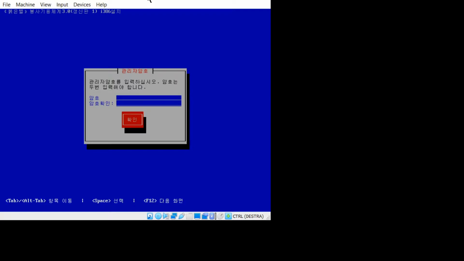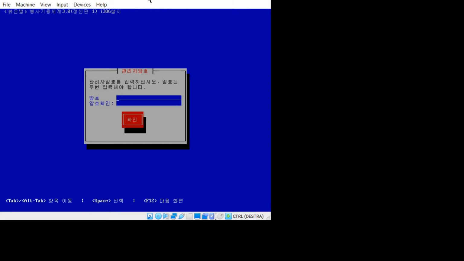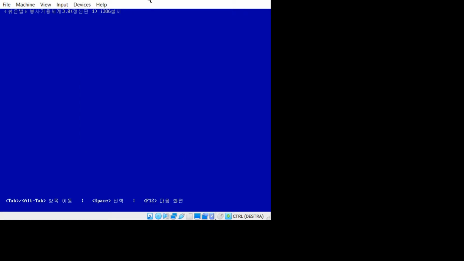It is suggested to use lowercase letters, capital letters, and special symbols. Enter. Okay.